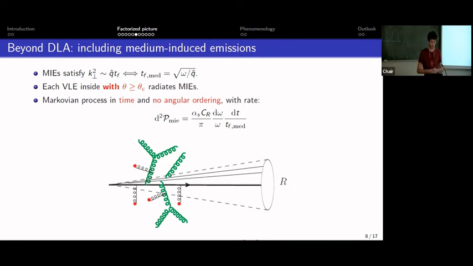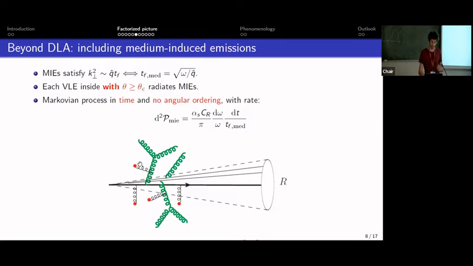of medium-induced emissions. And then since the spectrum also has a divergence in the soft limit, but no collinear divergence, just a soft divergence, you should iterate the spectrum to account for the multiple branching regime, in which the probability of emission of this spectrum becomes of order 1. So it's another Markovian process, which is now ordered in time, really in the light-cone time, along the propagation of the initial hard parton which triggers the first medium-induced emission.